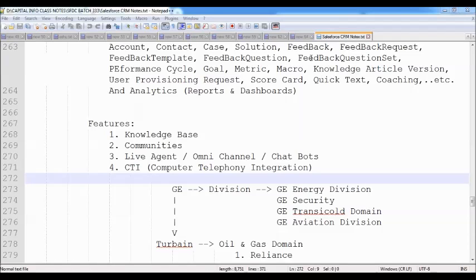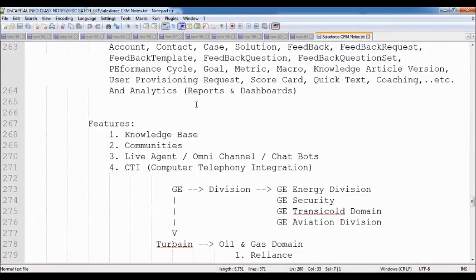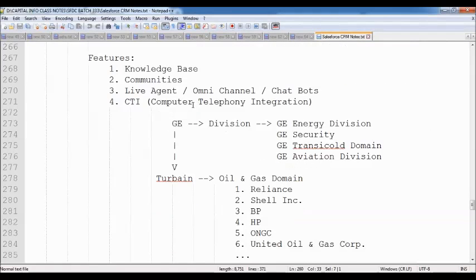So as part of Service Cloud, they're not only offering the service application, they're offering some set of features also by default, like the knowledge base and communities, live agent. These are also called omni-channel nowadays.